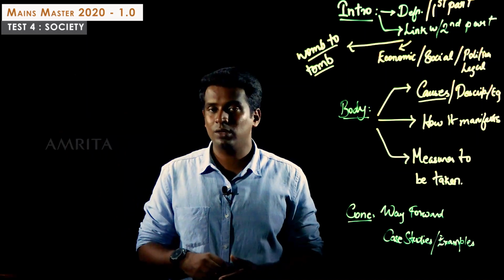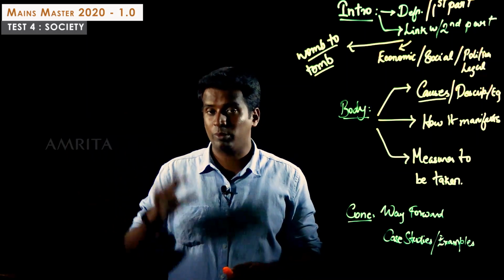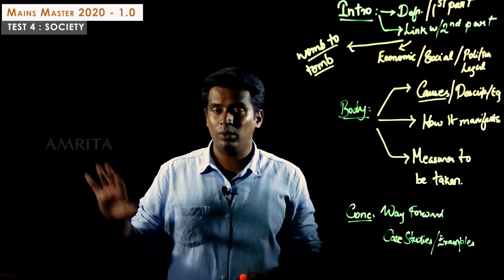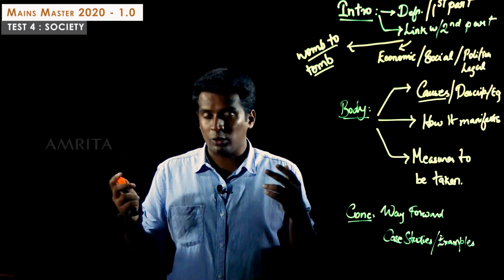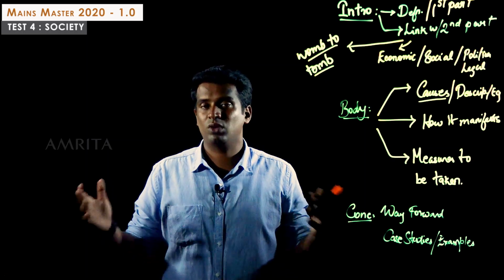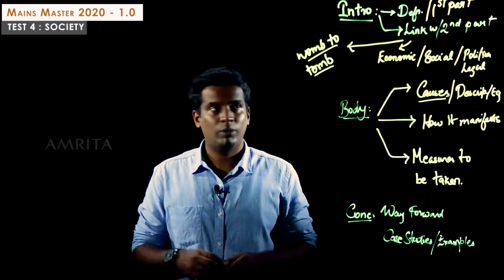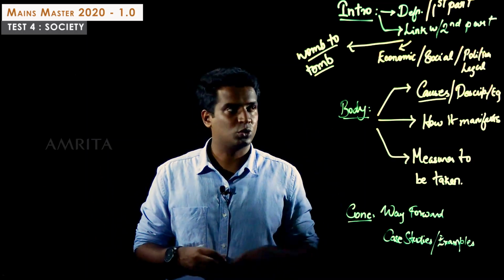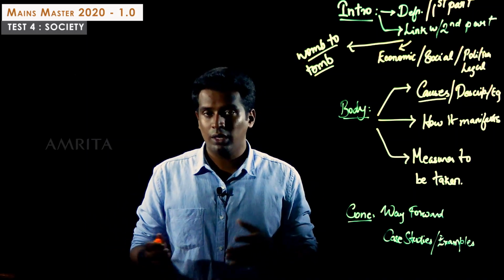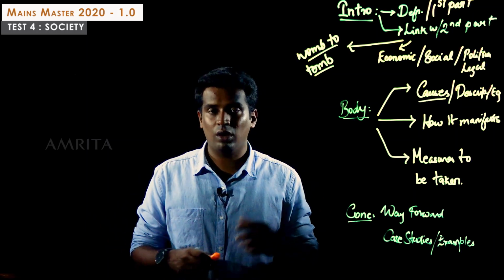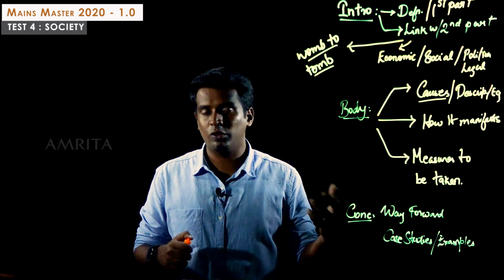In the economic angle, you can say there is a kind of economic poverty, where women are not paid equally to men, or women are not provided enough job opportunities as compared to men. That is a problem in the economic angle, that is a problem in the social angle. And even in the sector of transportation, the cost of employing a woman, for a woman to go for a job,